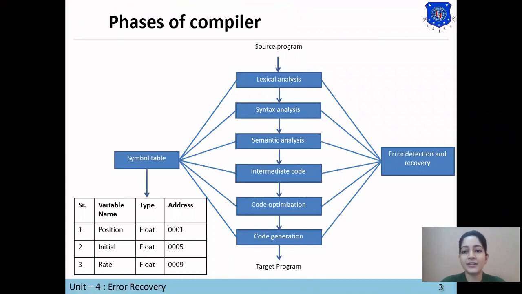We had discussed in the first chapter that to detect the errors, there is one part that is error detection and recovery, which is used to detect the errors from lexical analysis, syntax analysis, and semantic analysis. And there are some recovery strategies that are used to recover some local errors. Lexical analysis, syntax analysis, and semantic analysis are the front end phases of a compiler. So mostly errors are detected by these three phases. Now in this lecture we will learn how these three phases detect the different errors.